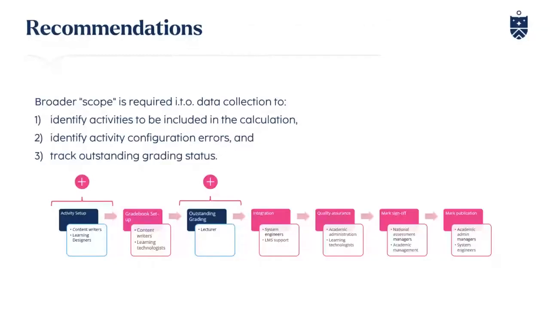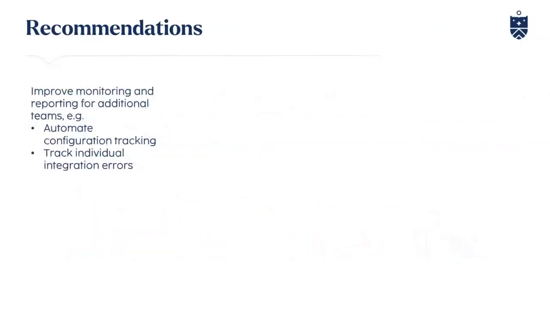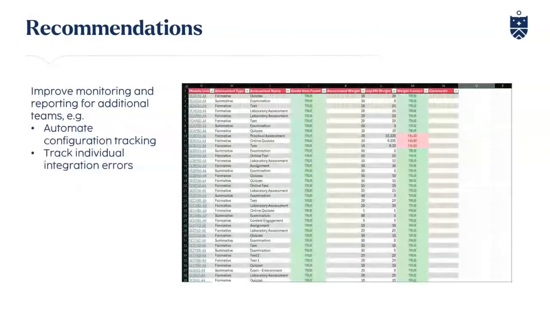And so really here it is just about broadening that view, making sure that we are identifying the correct root cause, despite there being multiple ones, and that we report that in a very clear and comprehensive way for all the different stakeholders involved. And here it's really imperative for us to start improving our monitoring and reporting to additional teams. And I think oftentimes also to automate the configuration tracking, to alleviate the burden on the teams to go back and report, where you can potentially automate that by an API connection to MyLMS.